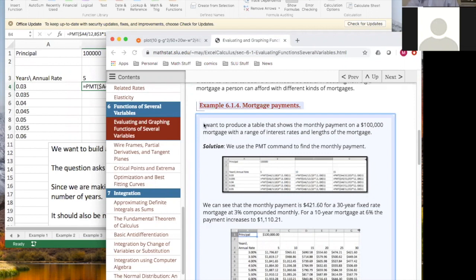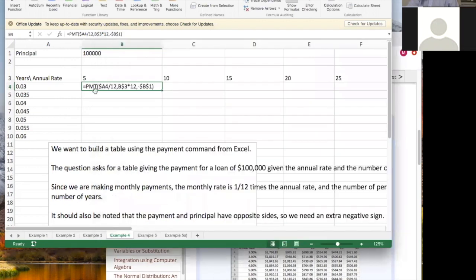For problem 4, I want to produce a table that shows the mortgage on $100,000. I'm going to use the specialty payment command out of Excel. If I look at the formula, the payment has the period rate of interest, the number of periods, and the principal. The period rate of interest is the annual rate of interest divided by 12 because we're going to do monthly payments. The number of periods is the number of years times 12 because we have 12 months in